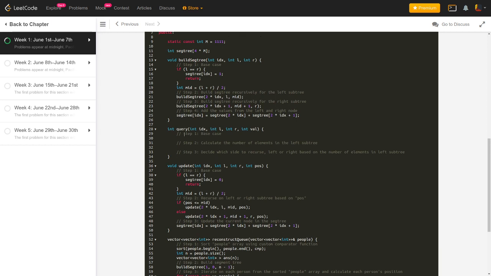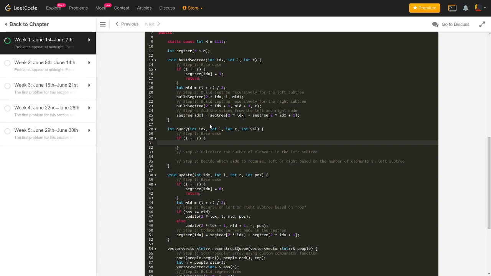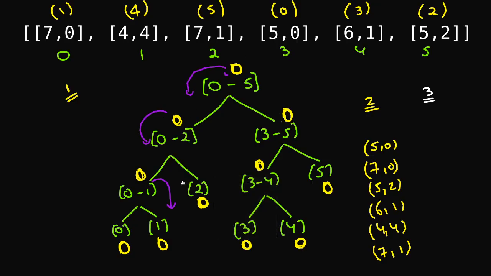Okay. Now we are left with the query function, which is in fact the most complicated part of the whole implementation. Not much complicated, but comparatively more complicated than the rest of the part. Okay, so the base case is when we reach the leaf node. What do we do when we reach the leaf node? So suppose I'm querying the segment tree and I've reached this leaf node, the value that I need to return from here is the index. Why? Because I'm always looking for the index. Where should this pair go? Like this 5 comma 2 should go to index number 2, or this 7 comma 0 should go to index number 1.